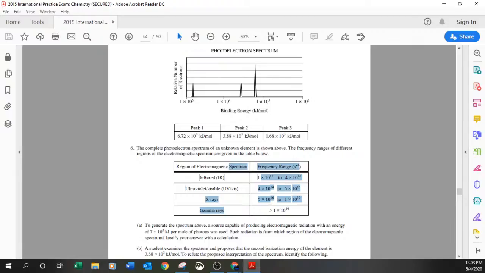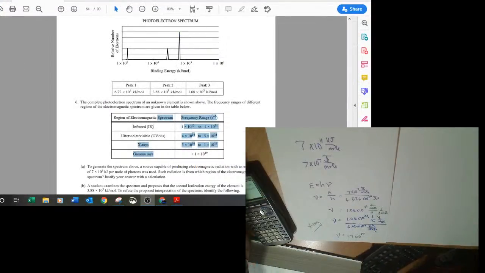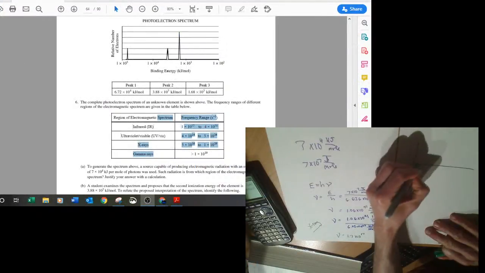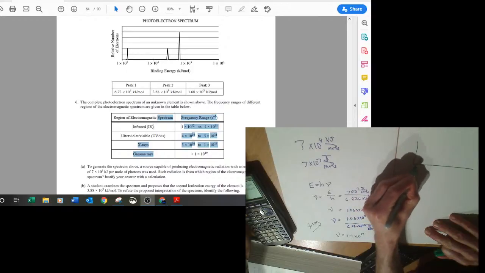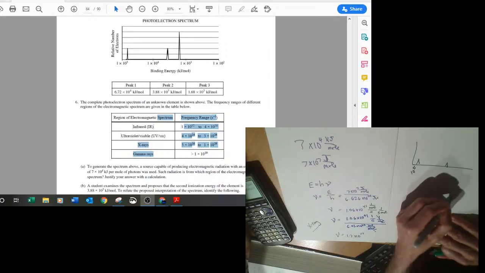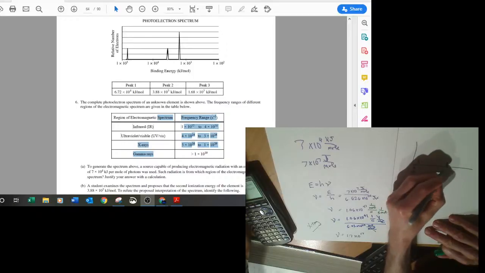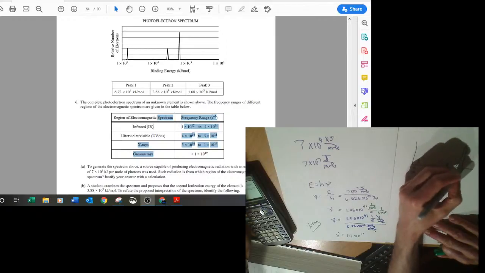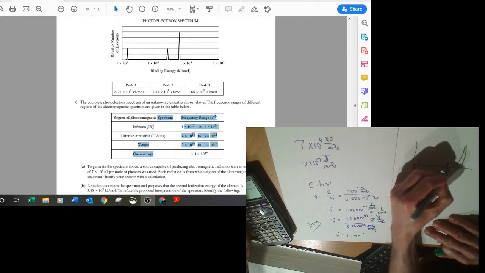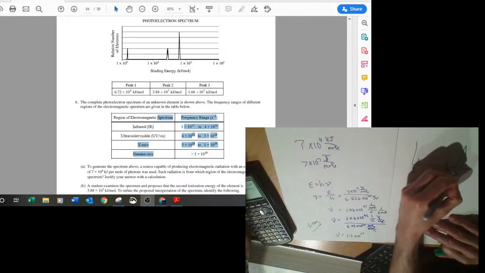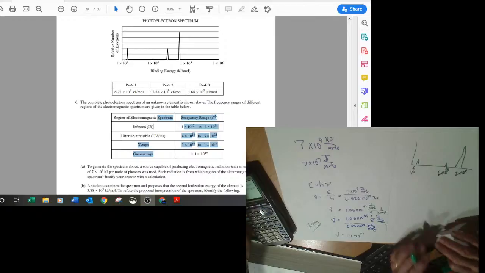So to come back to the desk, this is like 10 to the 5th. This was given to you something like 6 times 10 to the 4th. And this one is given to you, 10 to the 3rd. And this is about 2 times 10 to the 3rd. Alright? So to take that first electron off,